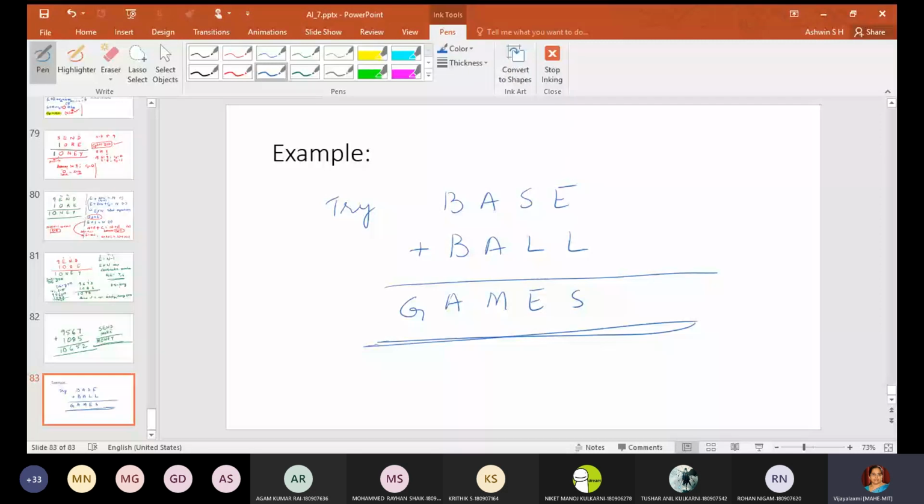Next class, first we will check this crypto arithmetic problem, and one more problem I'll do, multiplication, how it can be done. After that, we will discuss some different logics like predicate logic, first order logic, and propositional logic. We'll consider once again the Wumpus world problem, and how we can make use of predicate and propositional logic to solve intelligent problems.